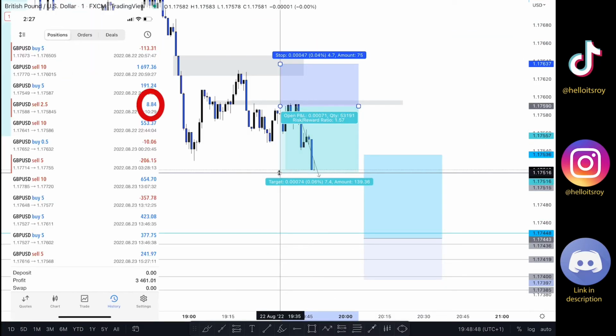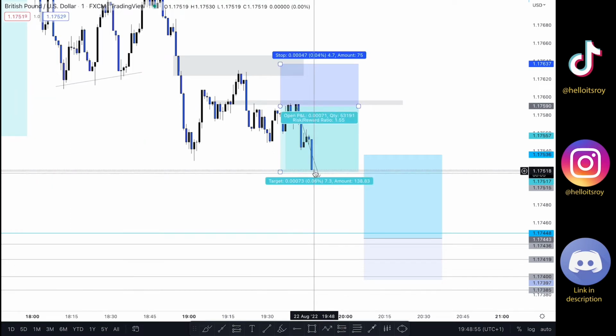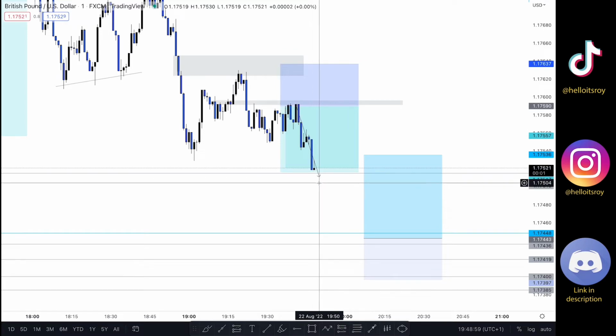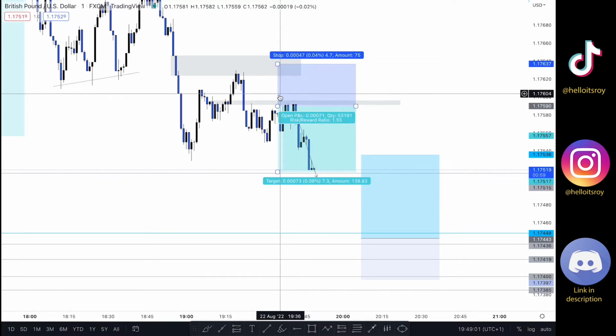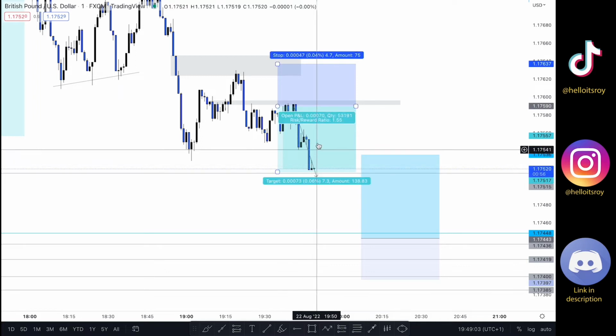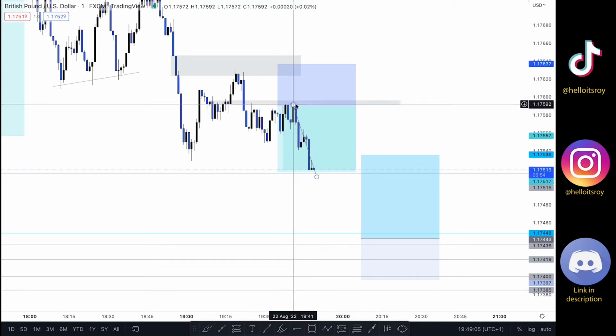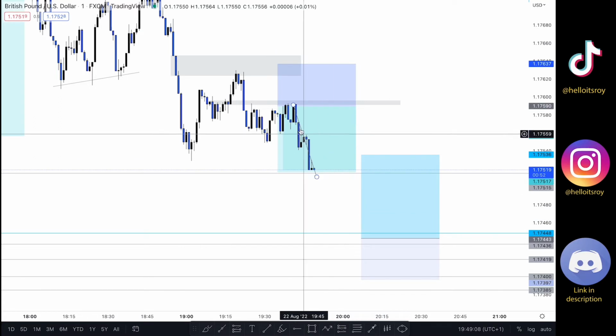Guys, I just grabbed partial profits around this area right here at 1.55. I'm still waiting for the market, just a little bit. However, my phone is in my hand and I'm going to grab it either way. So I just grabbed partial profits. I'm not going to trail my stop loss to break-even because there's a chance that the market pushes through to the upside, grabs this double top right here and then pushes through to the downside.